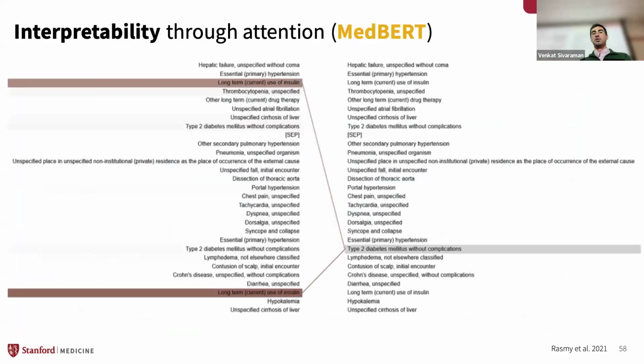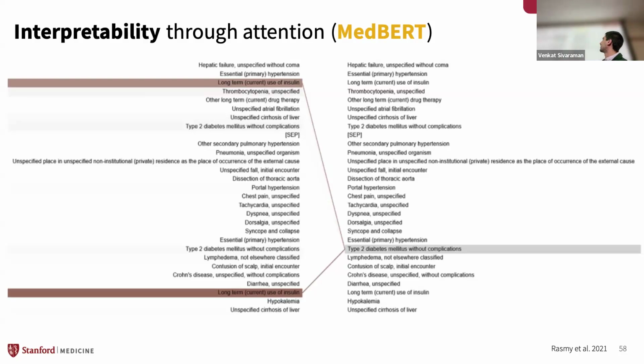Cool. So this is how we build these models. So what do people actually see in practice? I'll start talking about some of the results. The first nice thing is we're doing this with transformers, and so we have this nice attention block. This is from the Medbert paper. If I'm predicting something like type 2 diabetes, I can look at the attention and try to get some sort of interpretability out of it. And here we see that use of insulin is a big predictor of